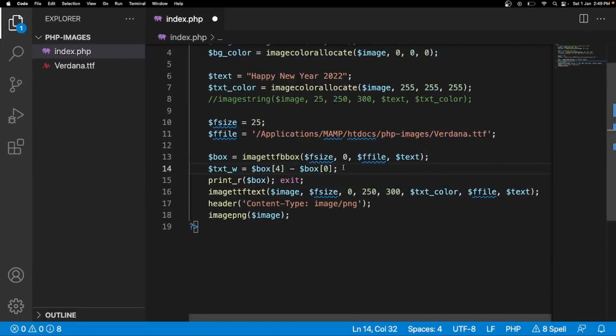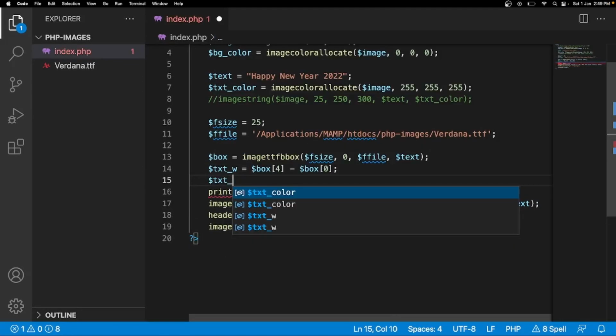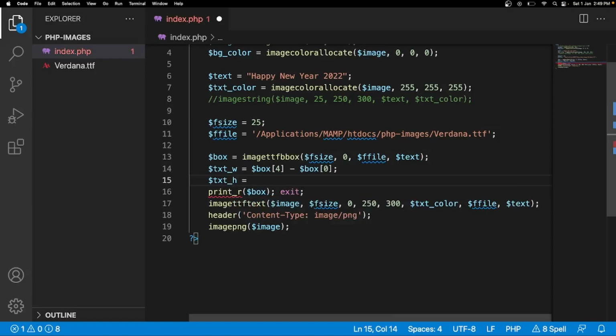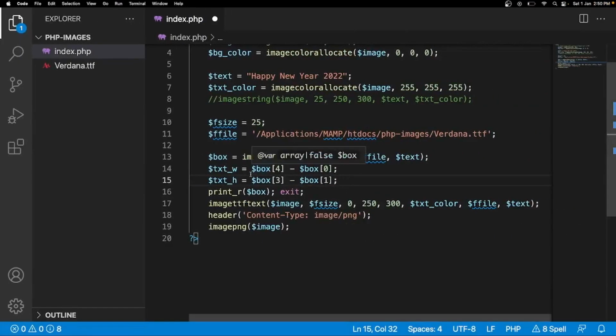Similarly we can do for Y, which is our $txt_height equal to $box[3] minus $box[1]. So what is 3 and 1? If you go here, 3 is the lower right corner of Y position, and 1 is the lower left corner of Y position. So with the help of this we will be getting the text width and height.